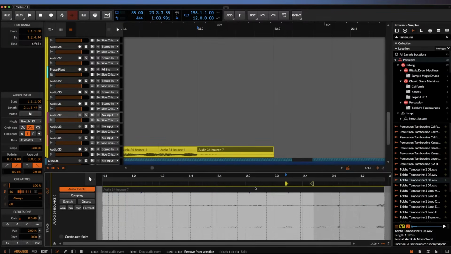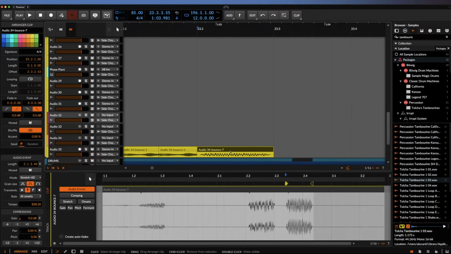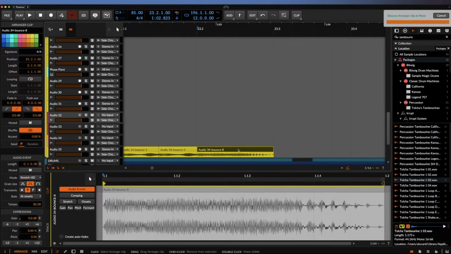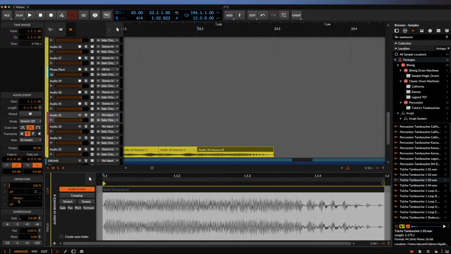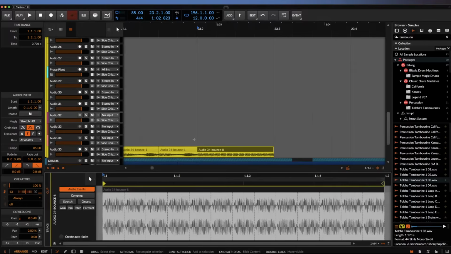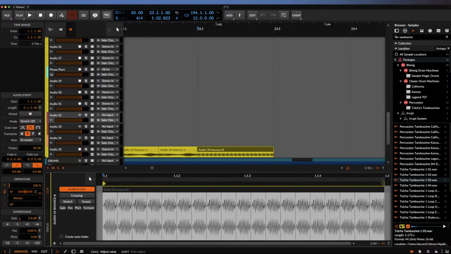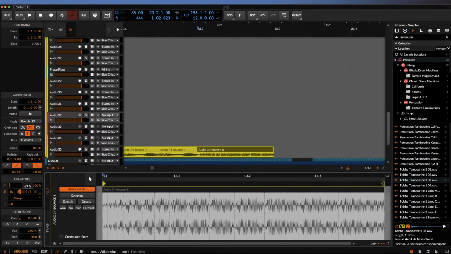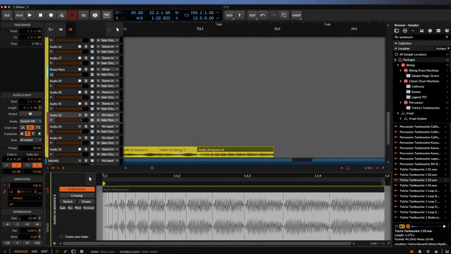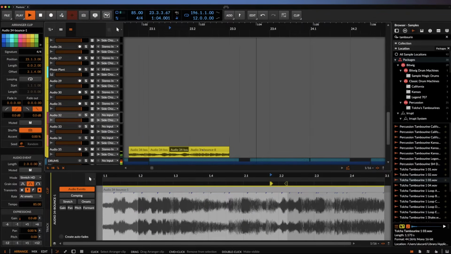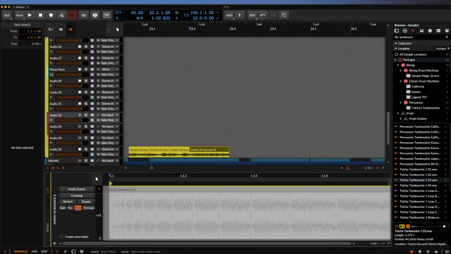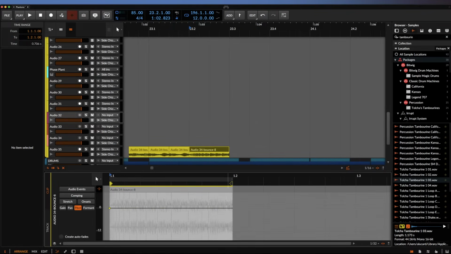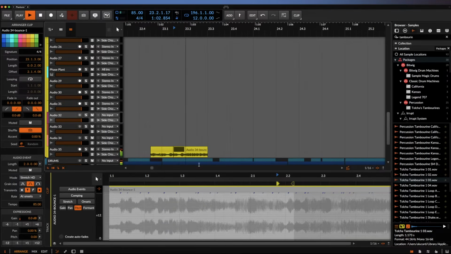So I'm going to hit undo quickly, and then I'm going to bounce this part out because it's going to mess it up. Now when I apply the clip, there we go, that's what we're looking for. So now I can move this over this way and have it go from fast to slow. And then you could play with the pitch and do automation on this, and there is no right or wrong. It is a matter of, hey, here's some cool tricks that you can use to explore.